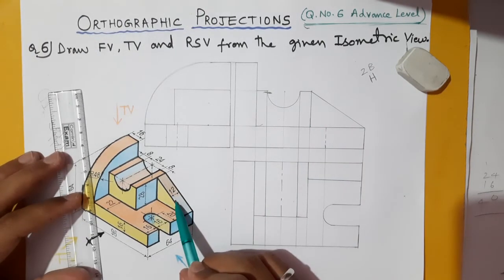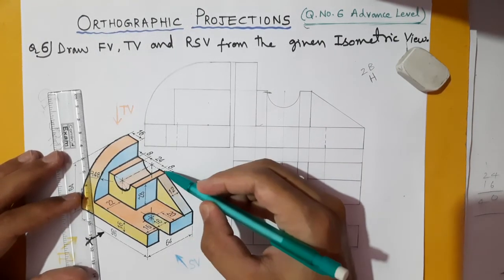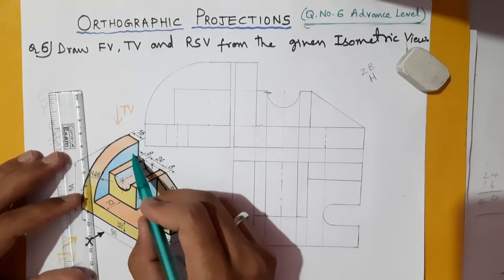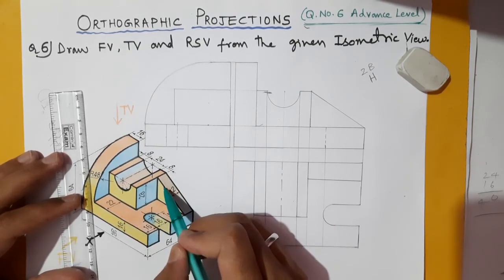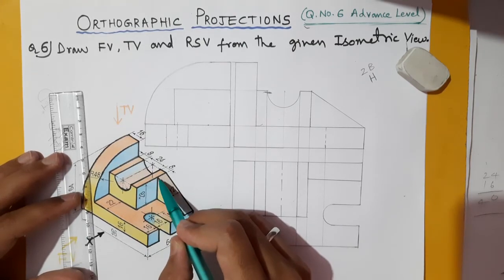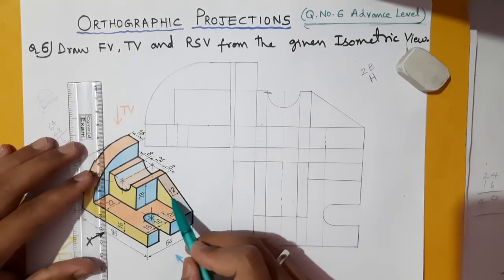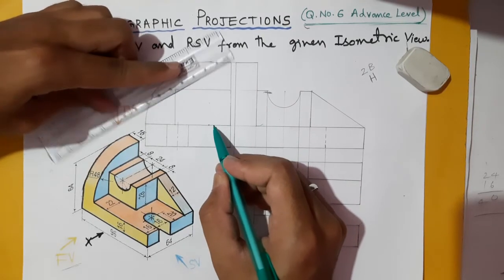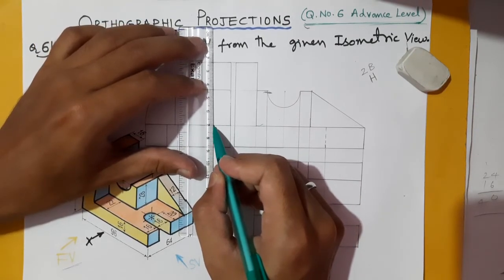This rib we need to show. This end anyhow it continues from here, but this end stops here. There is no continuation of this rib over here. So this is ending at here, and width is 12 millimeter. So from here 12 millimeter we will go like this and take it vertically upward.